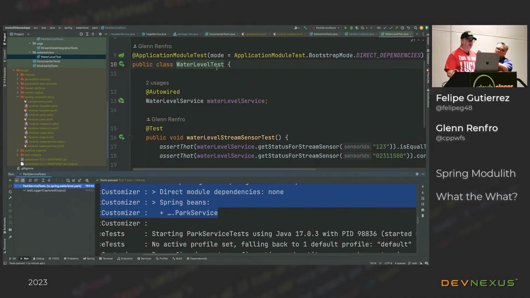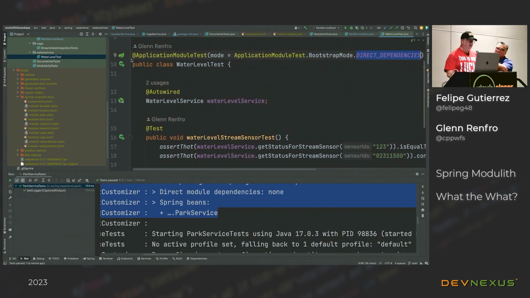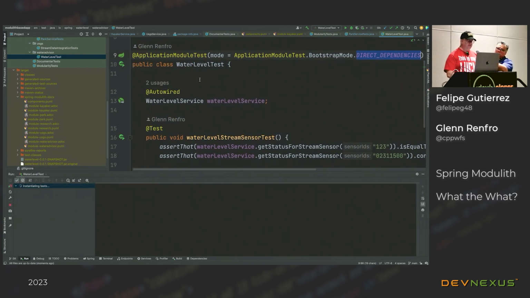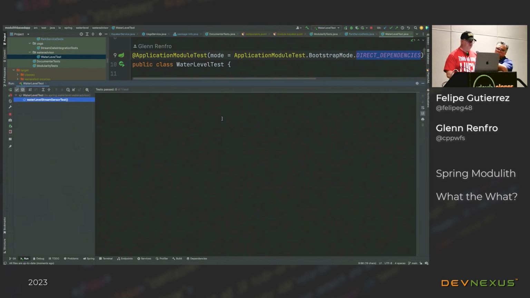And the way that I do that is by still using application module test, but changing the mode to direct dependencies. And by having direct dependencies, I have the ability to pull in just those dependencies that it needs. So if I run this test, you'll see something a little different. Here we go. We'll zoom in here.